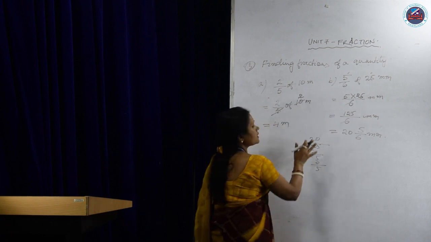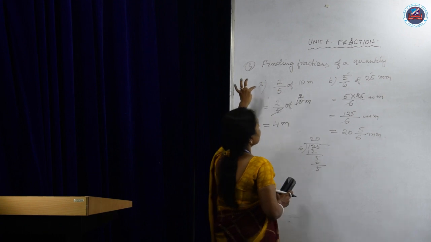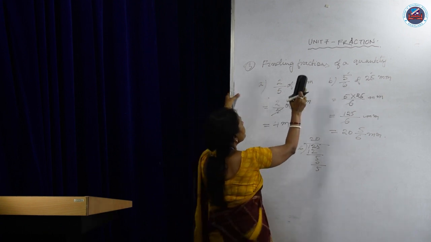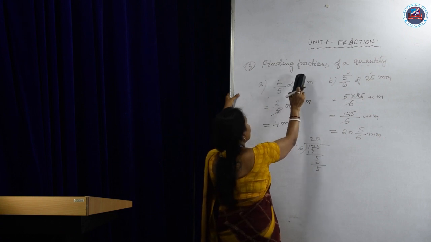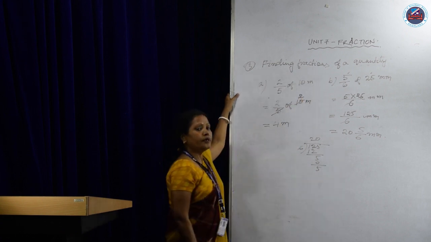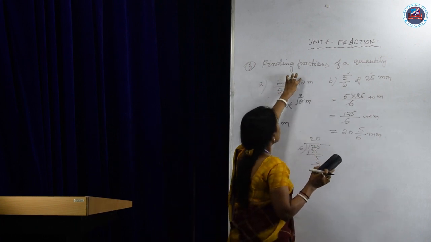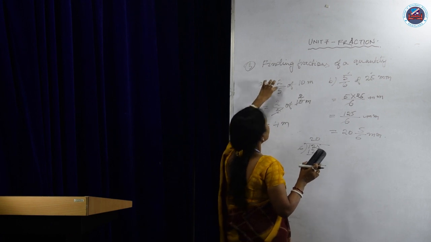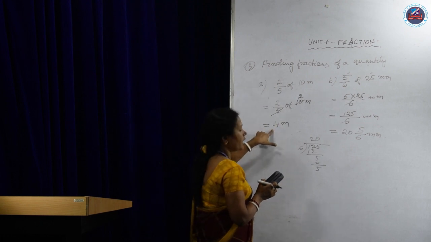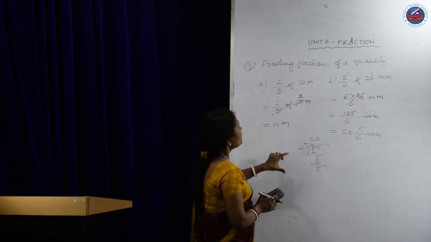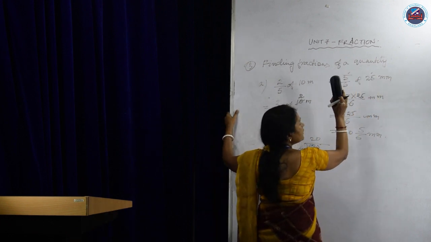So these are the two methods which I have taught you to convert the fraction to a quantity. In the first method, I have told you that you have to divide the quantity by the denominator, then you have to multiply the numerator to that answer. Once again I repeat, you have to divide the quantity by the denominator, then you have to multiply the answer by the numerator and get your answer as 4 meter. But in some cases, it is not possible to divide the quantity by the denominator.